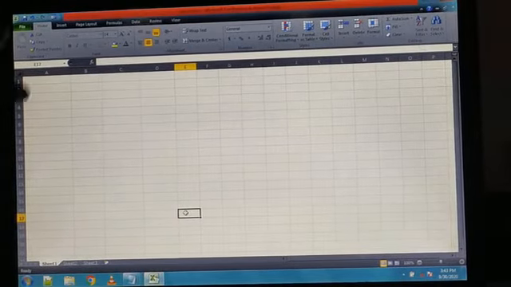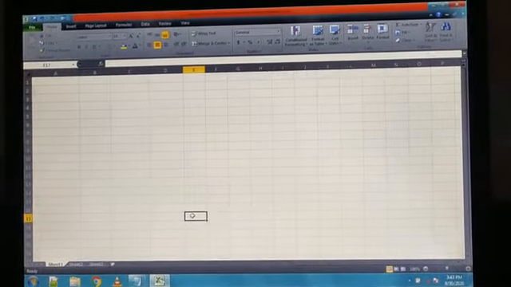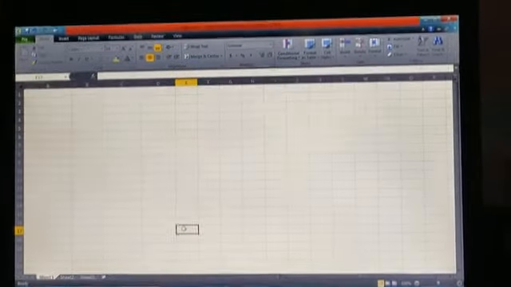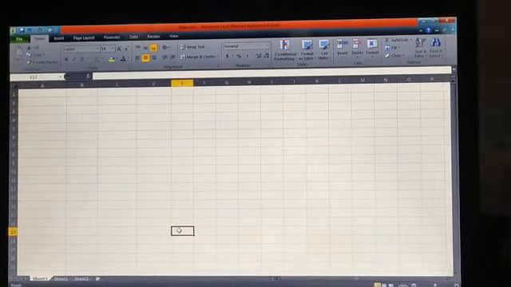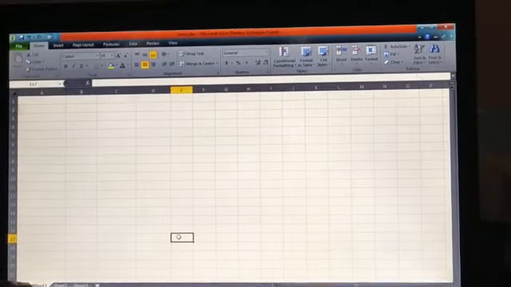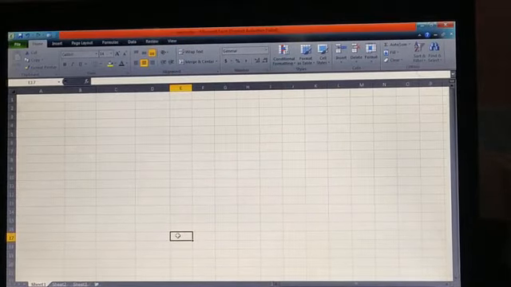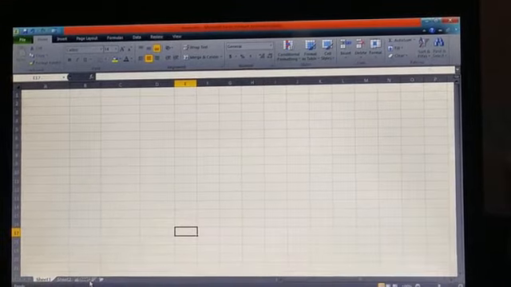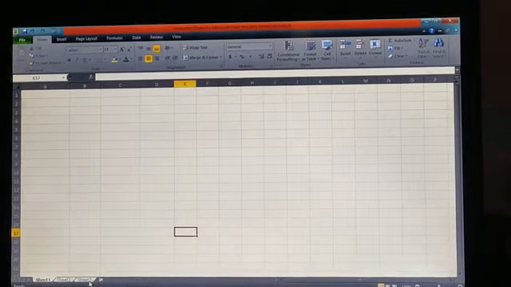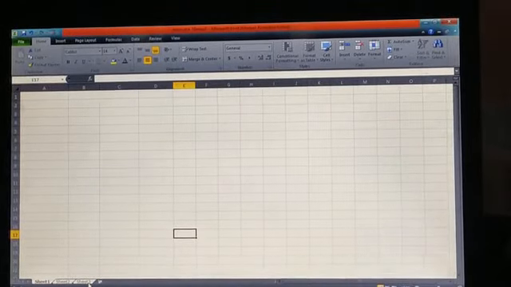That there is a new workbook. I have saved this with the name demo. Okay, now you have to press and hold the shift key and click on the sheet 3 tab. Students, you can see that there are 3 tabs, that is for sheet 1, sheet 2 and sheet 3. So you have to press the shift key and click on the sheet 3 tab, just like that.